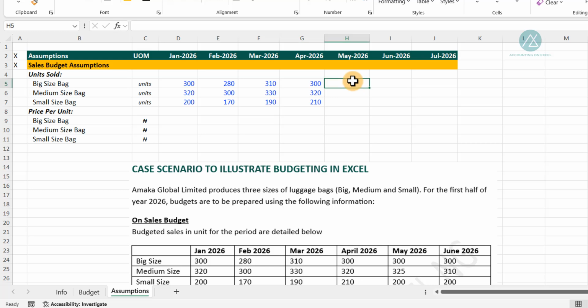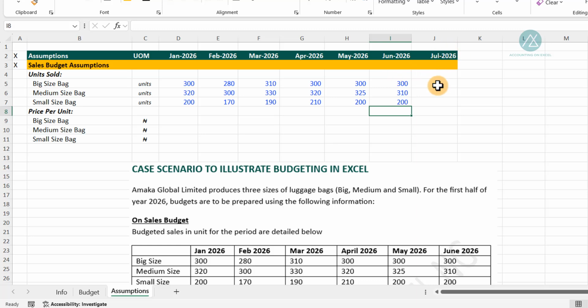And for May 2026, we plan to sell 300 units of the big size, 325 units of the medium size, and 200 units of the small size. For June, which is the last month of the budget we are preparing, we plan to sell 300 units for the big size, 310 units for the medium size, and 200 units for the small size.